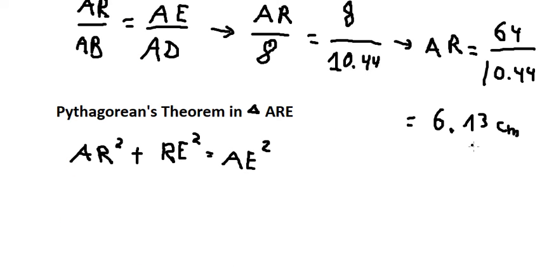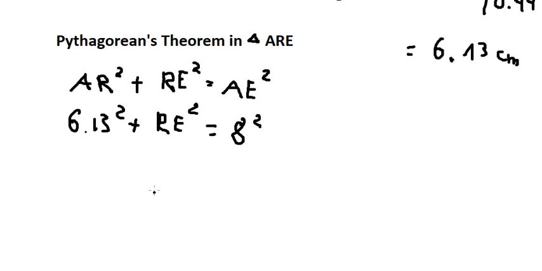So AR we have 6.13. And this one we have number 8. So we calculate RE in here. And that's 8 square minus 6.13 square. So we calculate this one and we got about